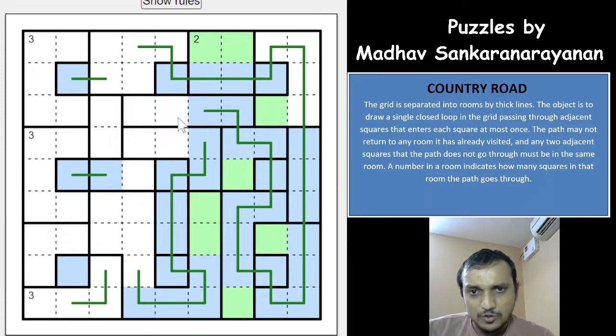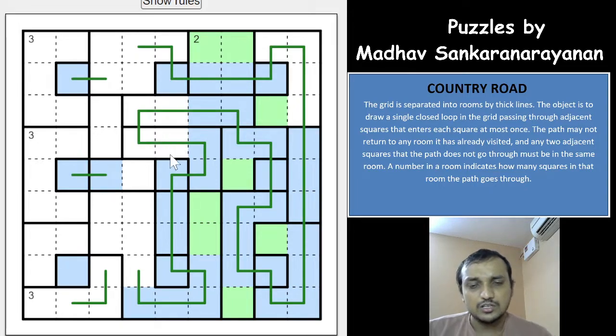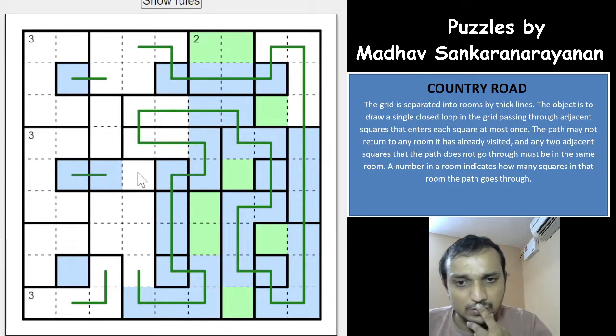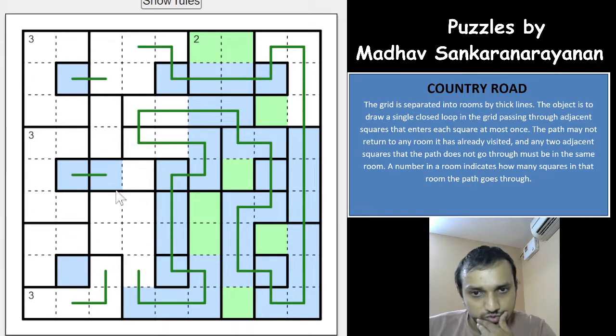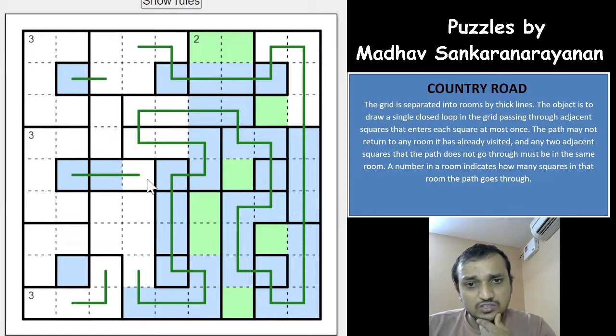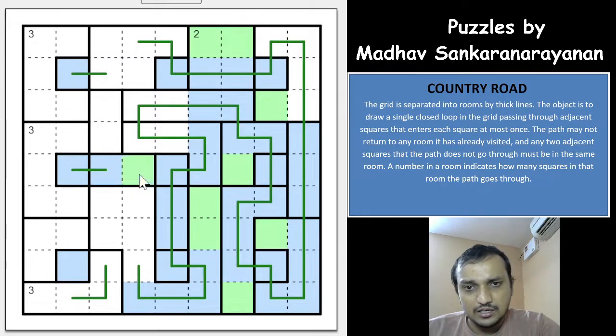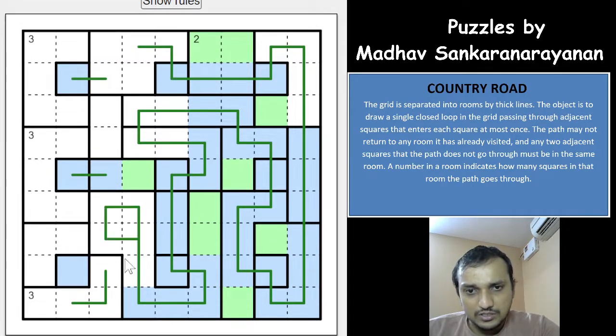This cannot go up because both of these will be green. Again this cannot go up because both of these will be green, and two different region squares adjacent to each other cannot be green cells. Okay, so now, yeah, this cell cannot go towards the right because you will have three loop ends in this region. You already have these two loop ends, so which means this will be green here, and this will be this way,